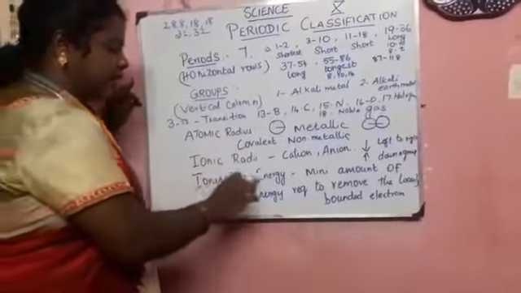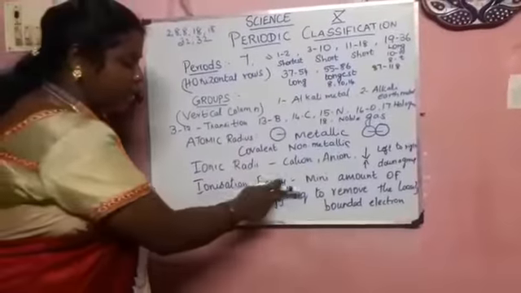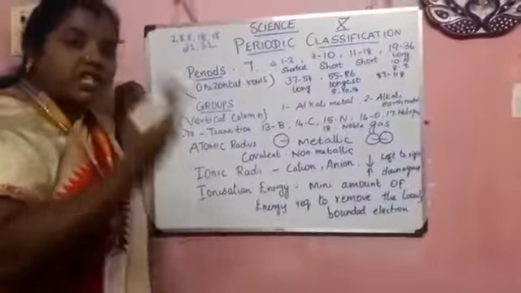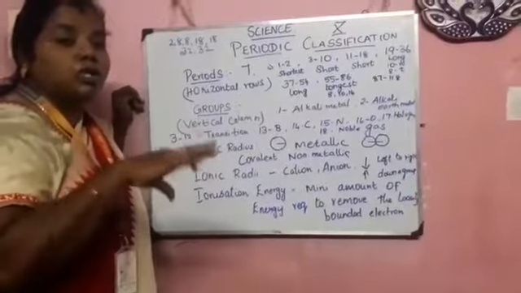And next one is the ionization energy. Ionization energy means here you have to consider energy. So energy is required to remove the most loosely bonded